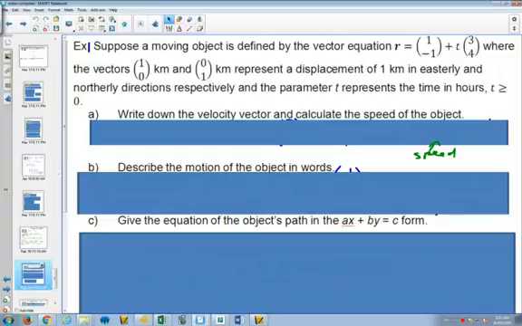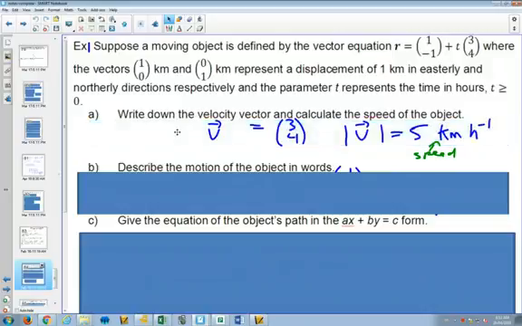So here's an example. We've got a moving object. It's starting at 1, -1. And its vector equation is r equals (1, -1) plus t(3, 4). We're dealing in kilometers here, going east and north, and time is in hours. So our velocity vector here is the (3, 4). And if we figure out the length of that,